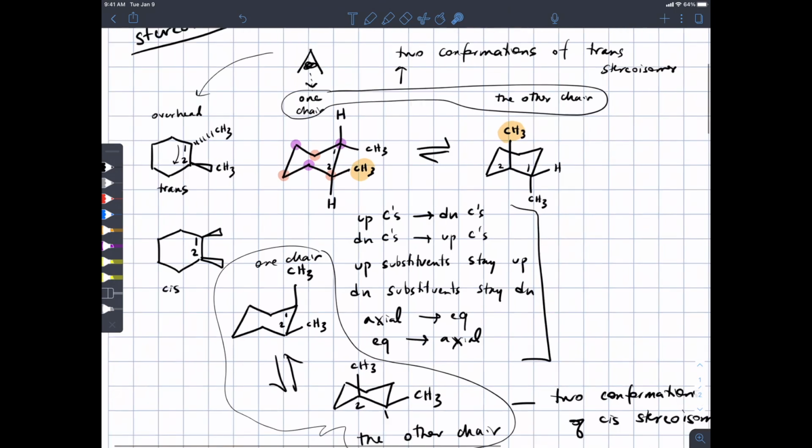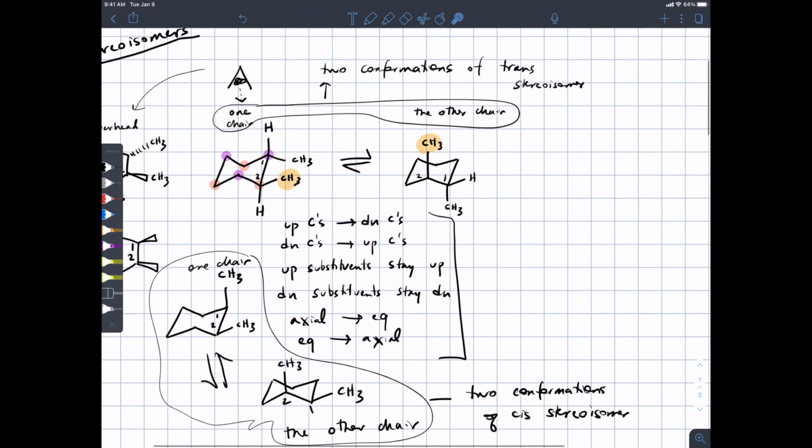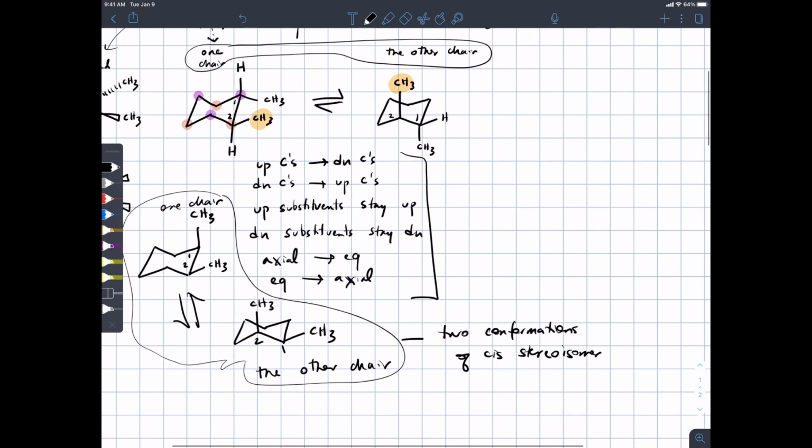Just because then the one carbon is in the down position? Right. So it's a really interesting question about how we get from here to here, because it looks like all I did was just move numbers. And that's because it's really hard to show three-dimensional rearrangements on paper. When a chair flips,